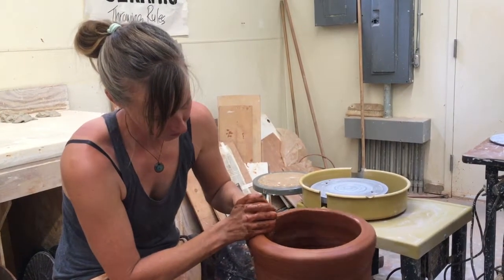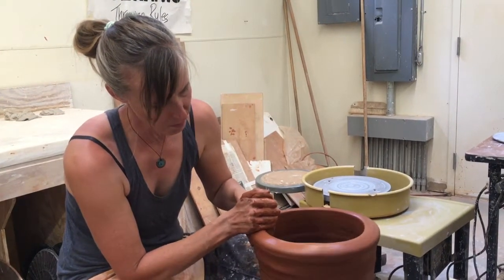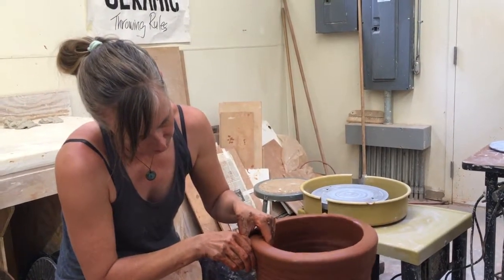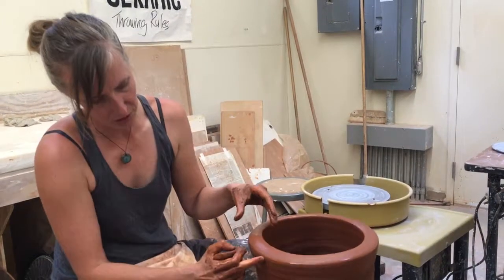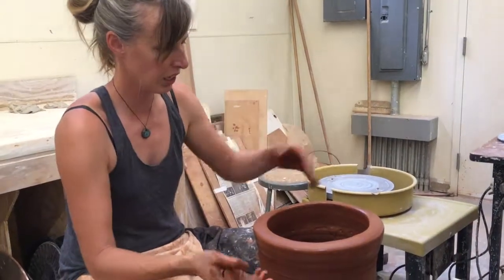Is that where you connected? That's where I connected it. So it may go away a little bit, and all we want is a little bit. If you also notice, there's a little piece of clay that just came down the side here from that same join. When it's off, you can't even see it, but...